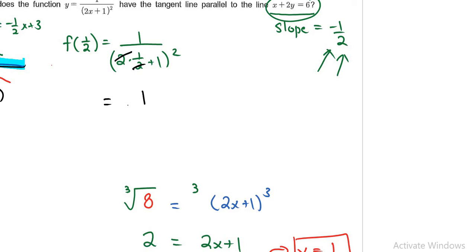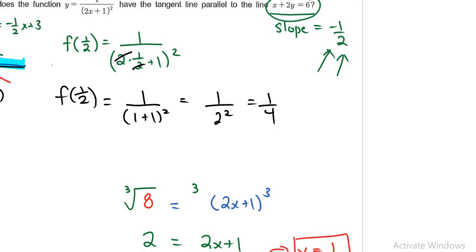So that would give me 1 over (1 plus 1) all squared, which will give me 1 over 2 squared, which equals 1 over 4. So what that means is the x value on the graph that was highlighted in blue earlier, the coordinate 1/2, 1 over 4,